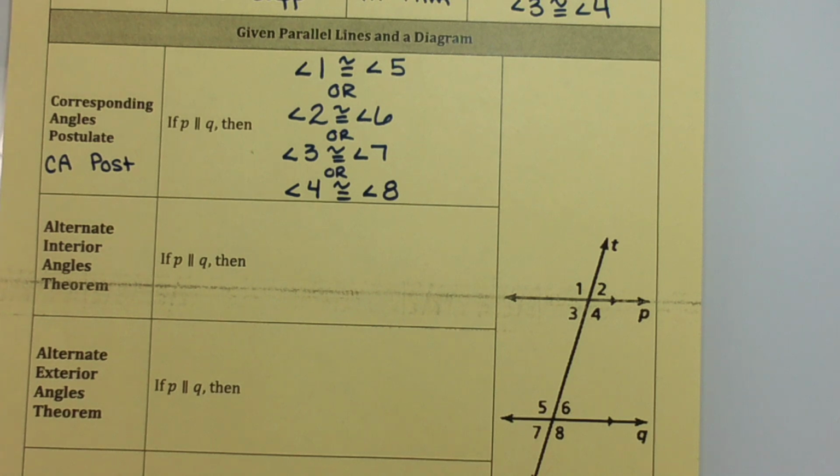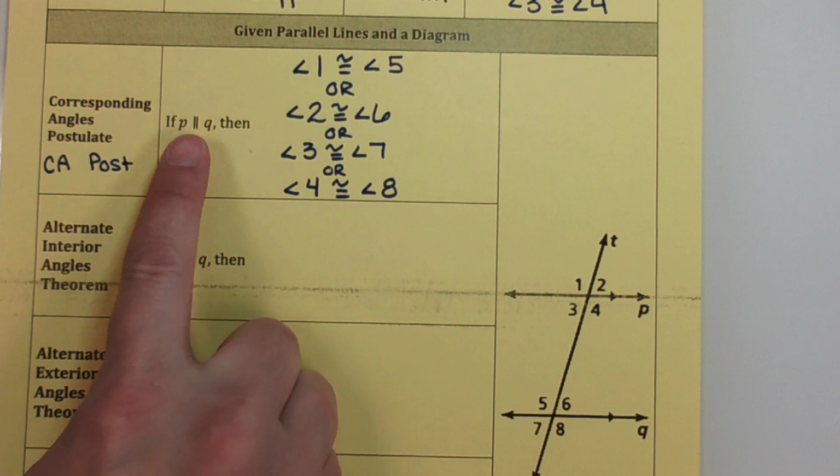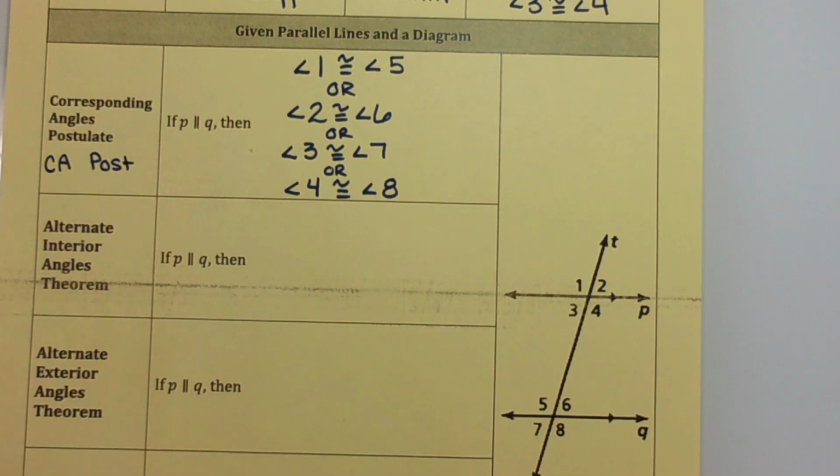Remember, corresponding angles have the most pairs in a picture that looks like this. Also remember, this only works if lines are parallel. All 4 of these only work if lines are parallel. Hence, it has if P is parallel to Q in the if. Okay,